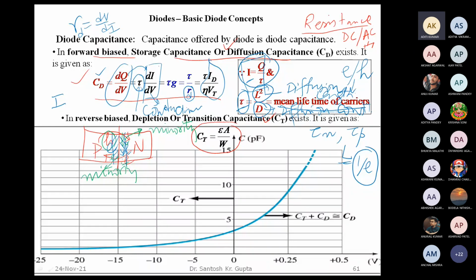Okay, so our dynamic resistance we have given this to be equal to eta Vt upon Id plus I naught, and if we assume that Id is very, very large as compared to this I naught, then this particular approximated equation comes into picture. Okay, so we can compute the diffusion capacitance using this particular equation.